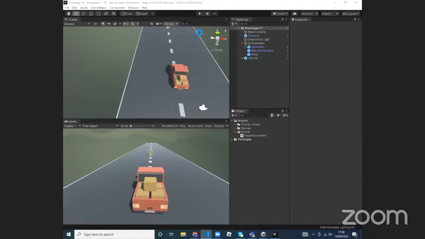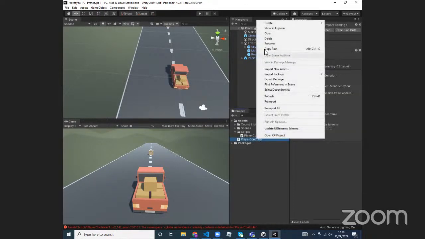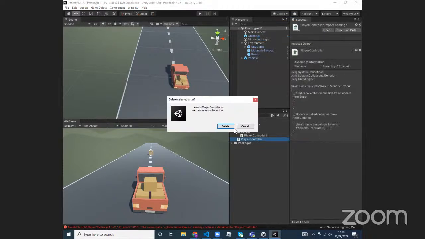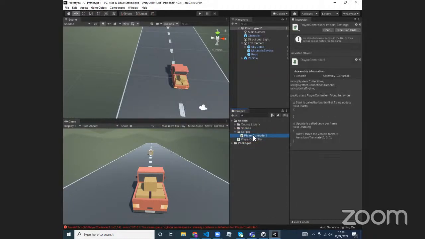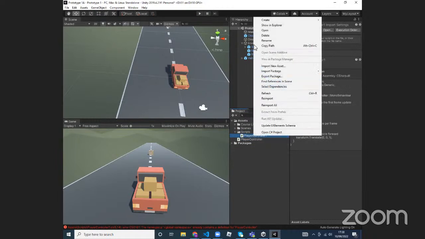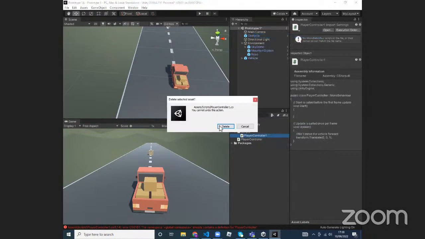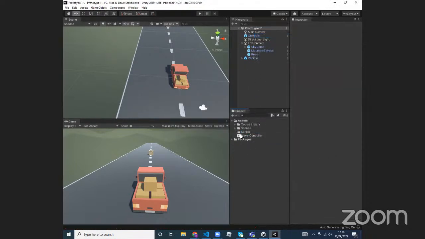So it should work now then. I think I should get rid of this one. Then